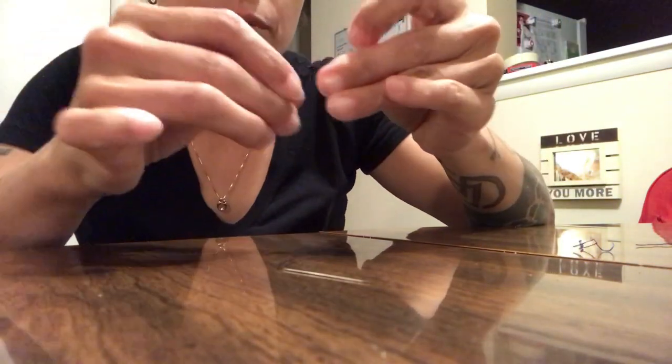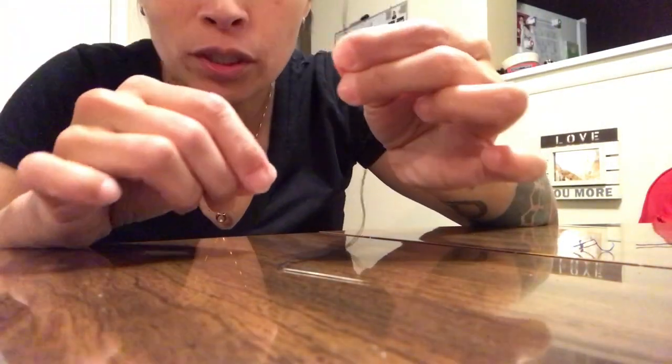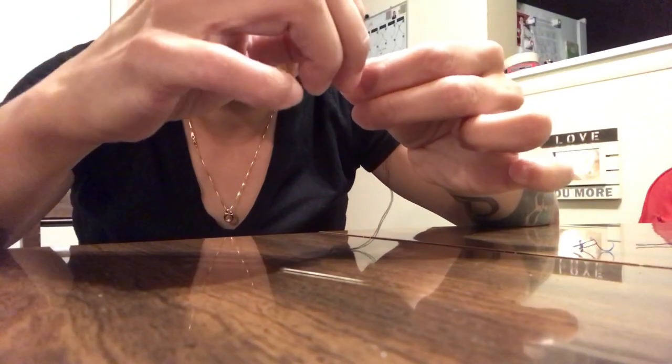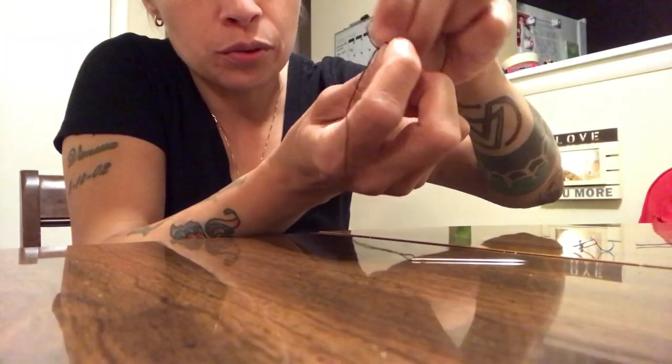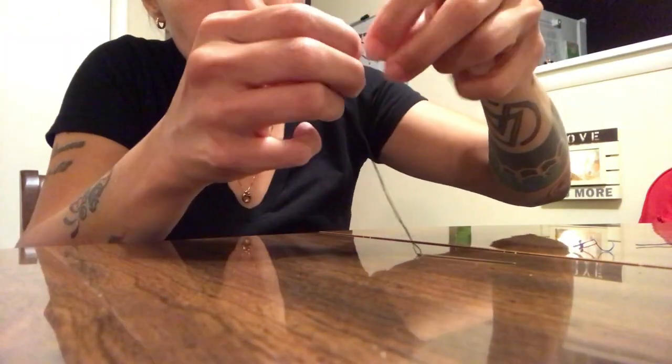So now we're gonna line up the two end pieces. It's kind of hard to see with my black shirt, but we're gonna line them up and then we're gonna tie a knot. So we want to tie a knot here because you need a knot when you're putting the needle in, when you're starting. You need a starting point. So we're just gonna do a little knot like this,